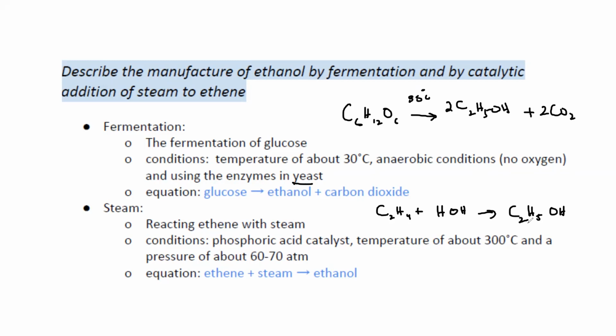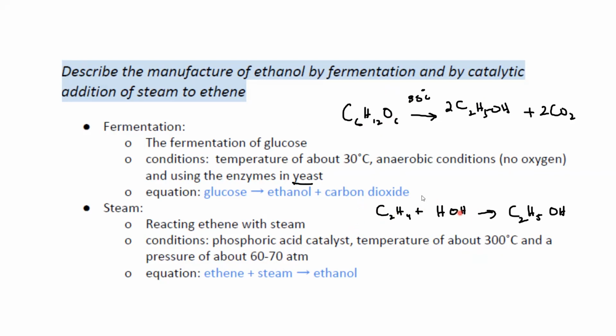So we can produce ethanol by either fermentation, or breakdown of glucose, or we can also react ethene with steam. The ethene reacts with steam to give ethanol. When we compare the two reactions, fermentation is a slow reaction because the reactant slowly converts into product. Here, the reaction is done at a high temperature and in the presence of a catalyst, so it is a fast reaction. Around 300 degrees centigrade, 60 to 70 atmospheric pressure is used, and